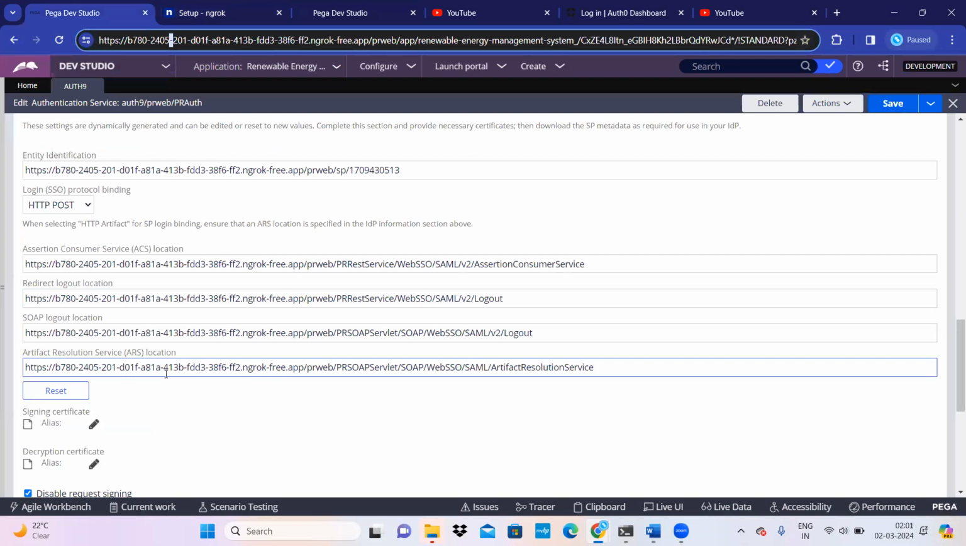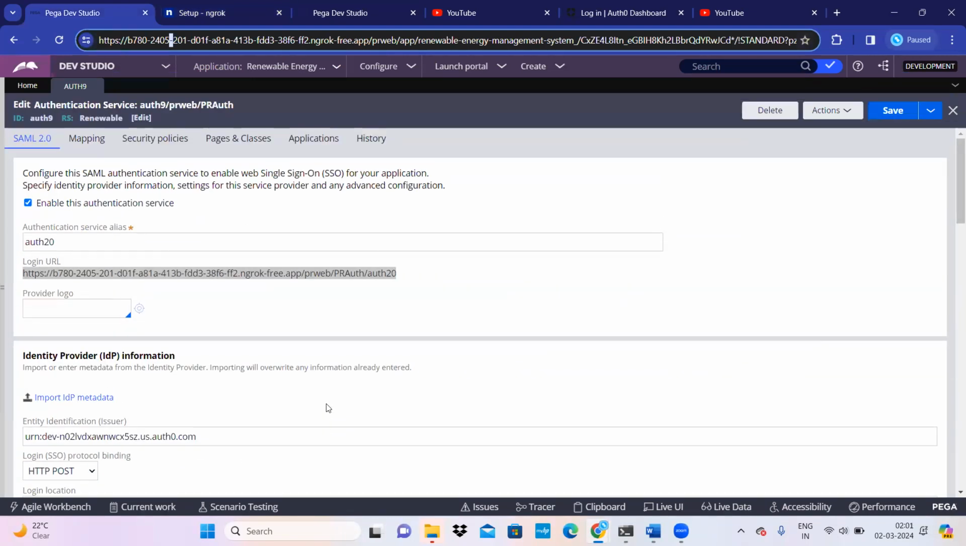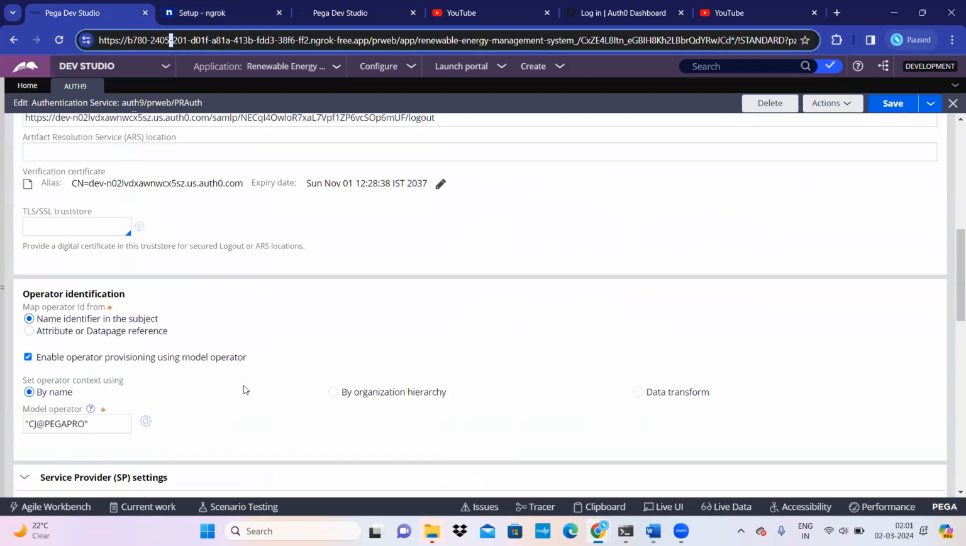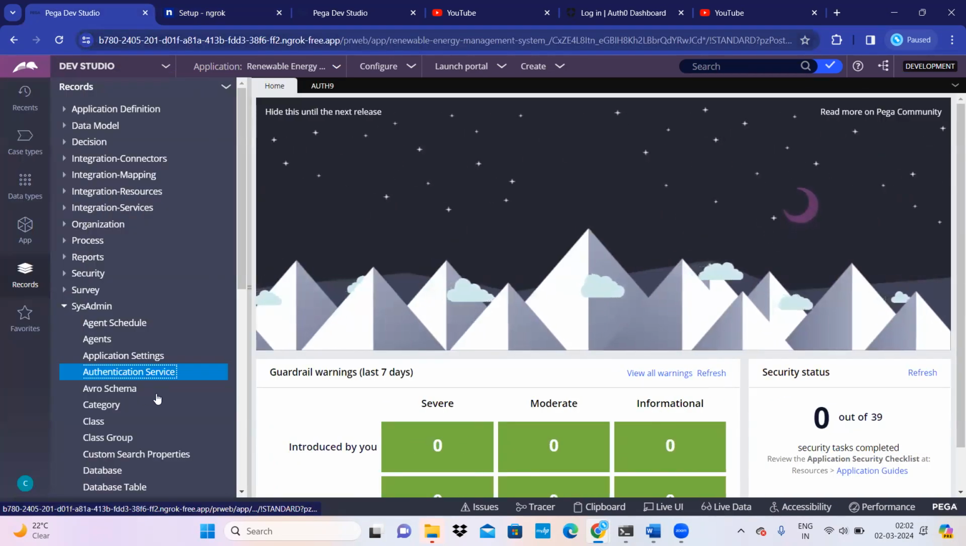Now I'm trying to integrate with the Auth0 identity provider. If I want to integrate with the Auth0 identity provider, first I have to create an authentication service. Once the authentication service is created, I have to do some setup here. What is the setup that needs to be done? The first one is